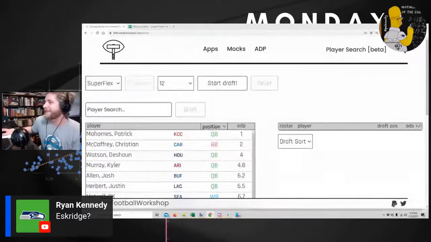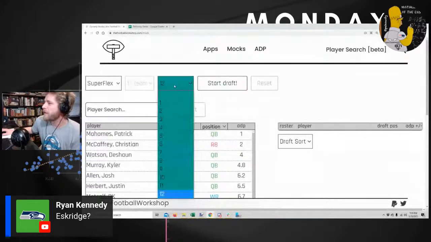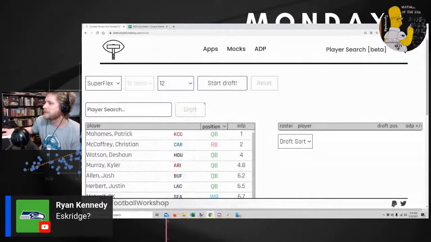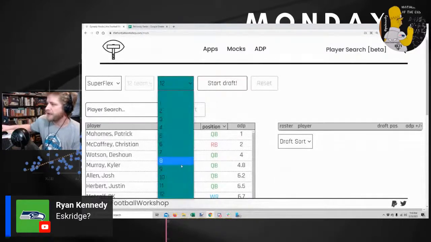Let's draft. Okay. 12-team league. Yeah. What draft pick do you want to take? And we're going super flex just because there's no point in quarterbacks otherwise.